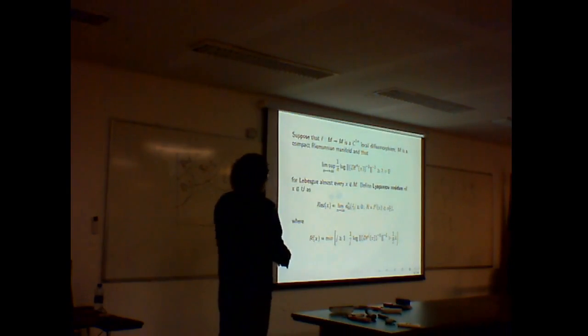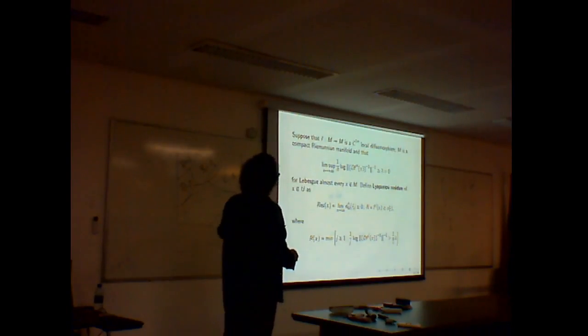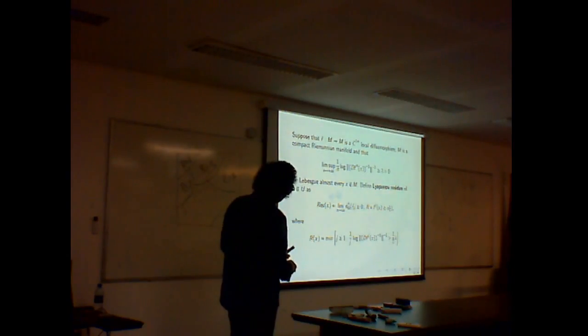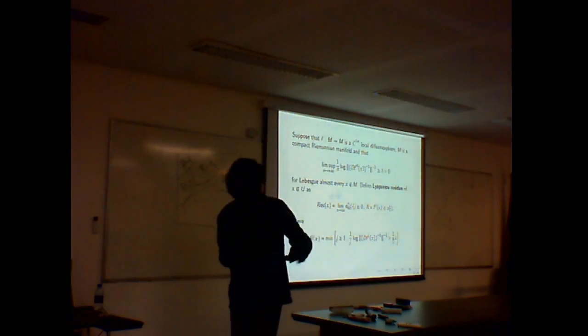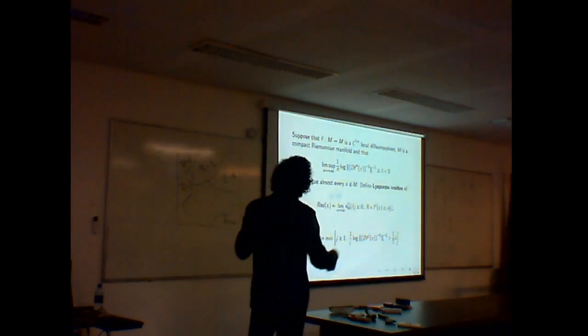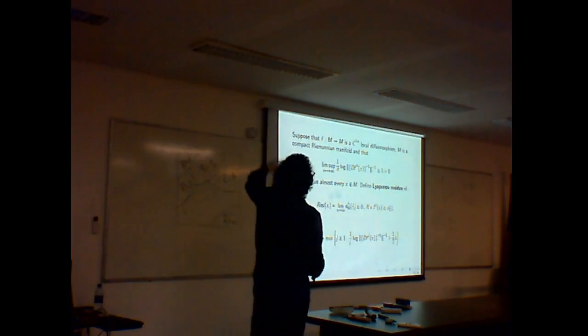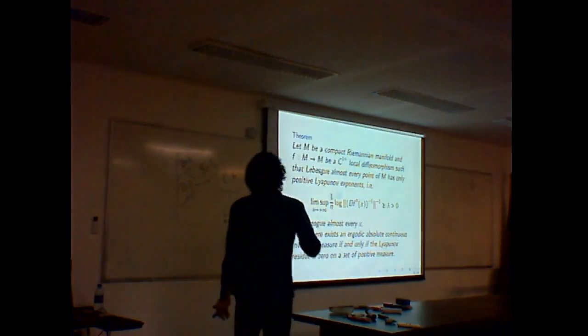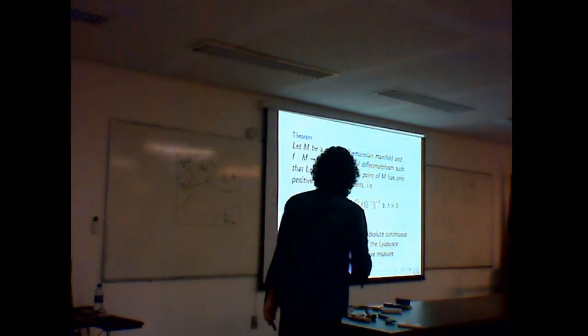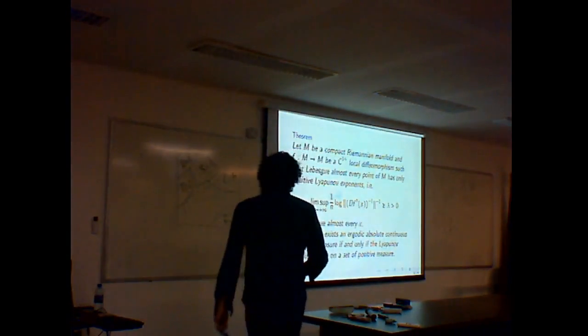So in this case, it's easier to use a vivo. The result is easy to conclude: the Lyapunov residual is going to be 0 for almost every point. So the Lyapunov residual being 0 is a necessary condition in this context for you to get an absolutely continuous invariant measure. But you can also prove, using the previous result, that this is not only necessary, but also a sufficient condition to get the existence of